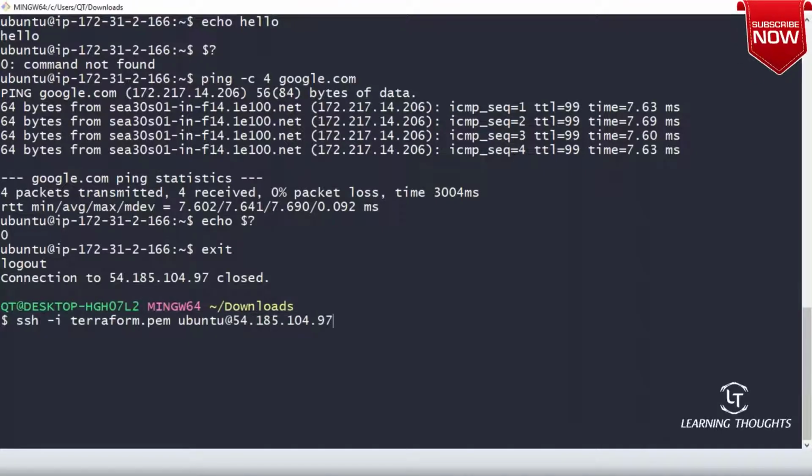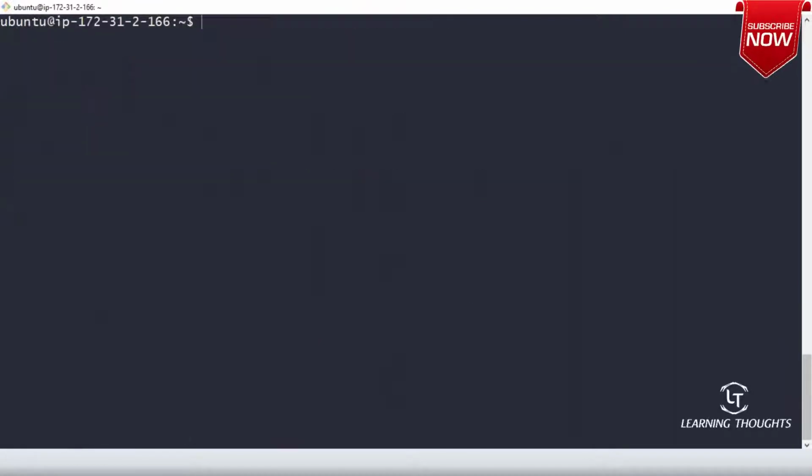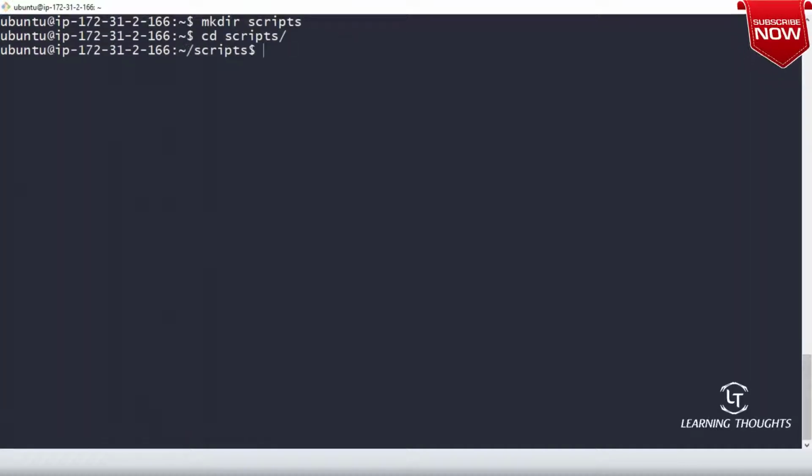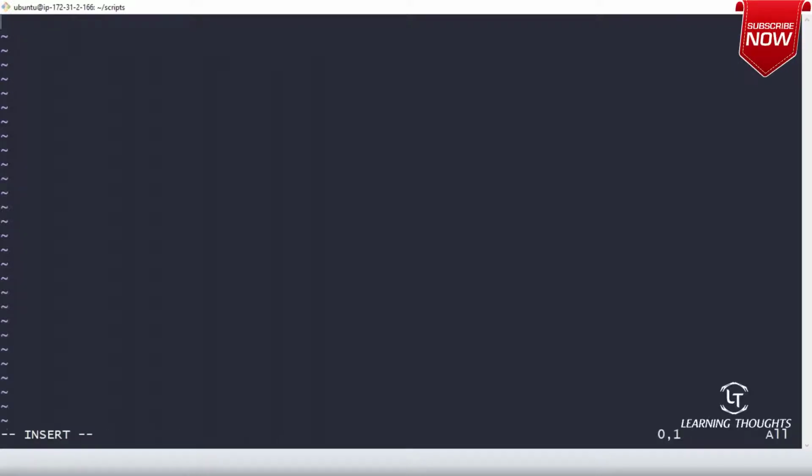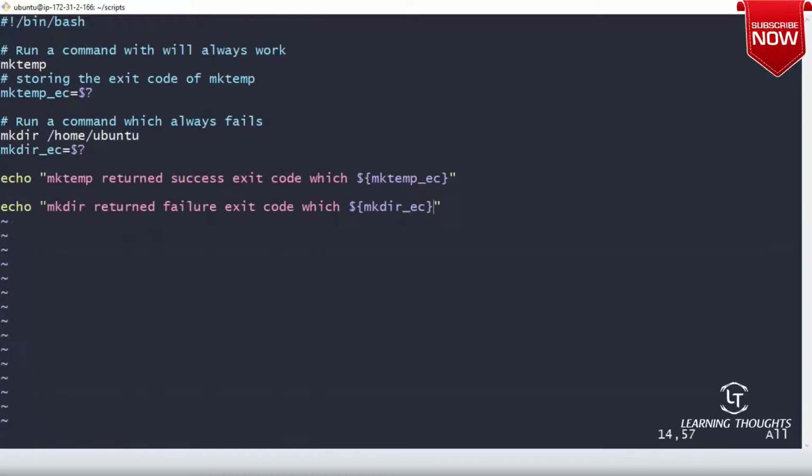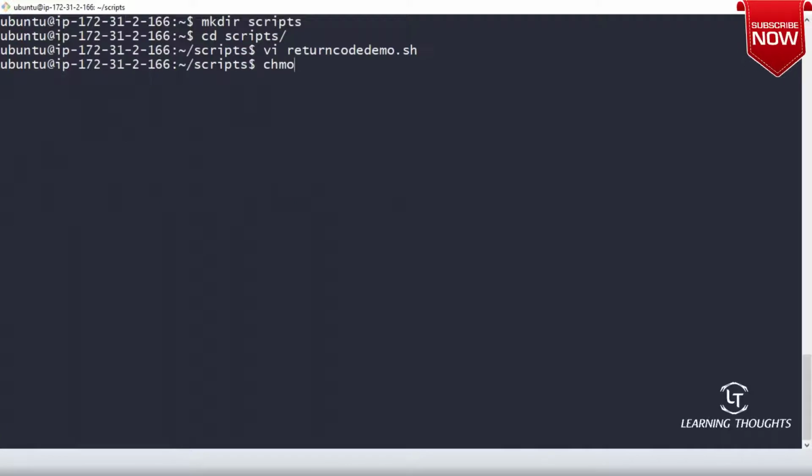Now let me log in to this machine. Let me create a scripts folder, get into it, and create return code demo.sh. We know the drill. I have copied the script. Then I give chmod +x return code demo.sh.